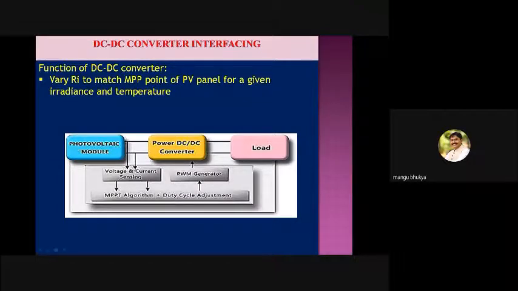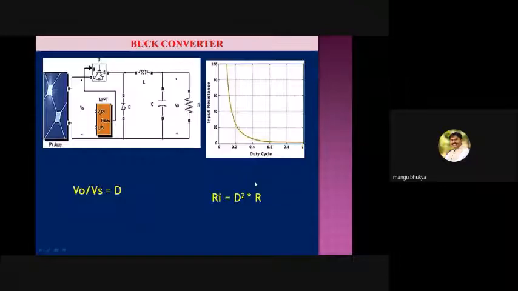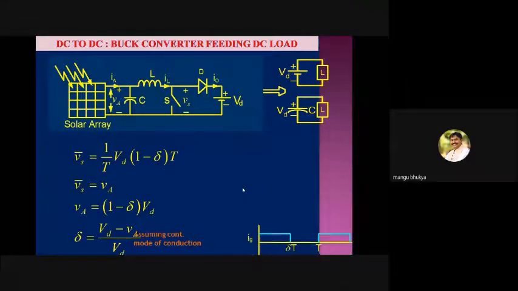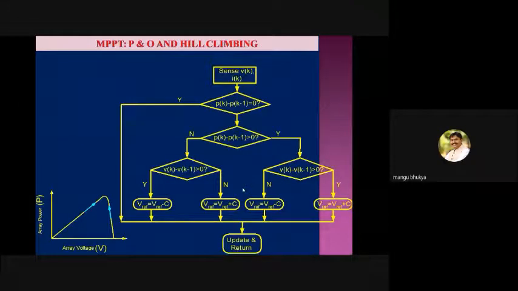So you might have heard that we require an interface circuit to communicate between the source and the load. Now you may understand what a charge controller is and what the MPPT tracker is. The MPPT tracker is related to the PV source and the charge controller is related to the load, if the load is a battery. I will not discuss these converters, but I will discuss this part, which is also very important for you.